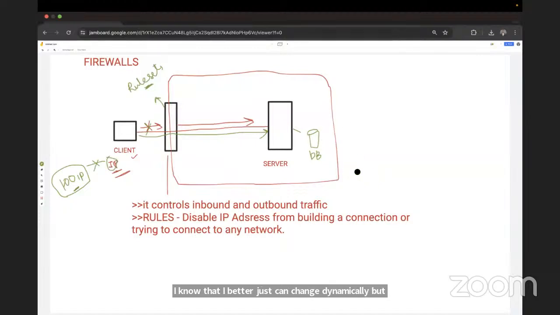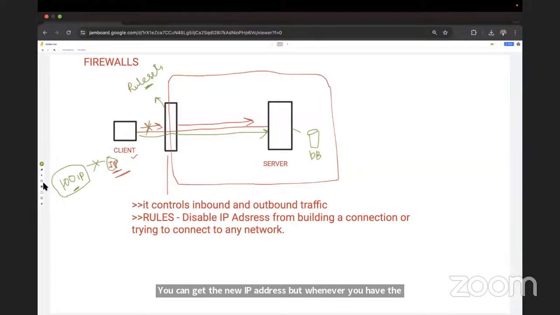whenever you get an office laptop, that laptop is configured in a way that it can connect to any of the servers. And one more thing, if you bring your personal laptop to the office, then it is difficult for you to get the IP address from the DHCP. Whenever you go for DHCP, once you get the IP address, each and every time you are going to get a new IP address. You can get a new IP address, but whenever you have the firewall present here, it will,